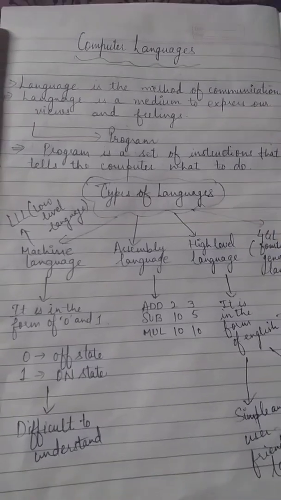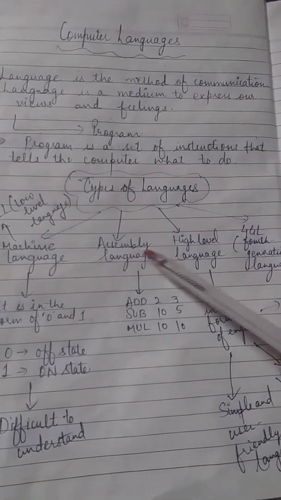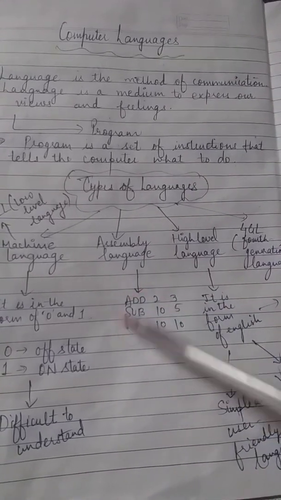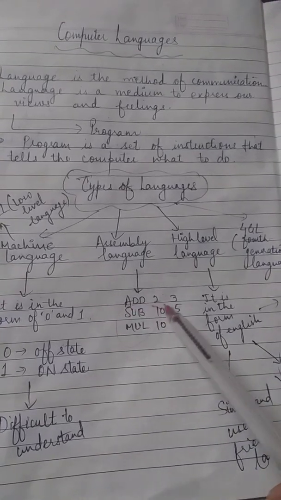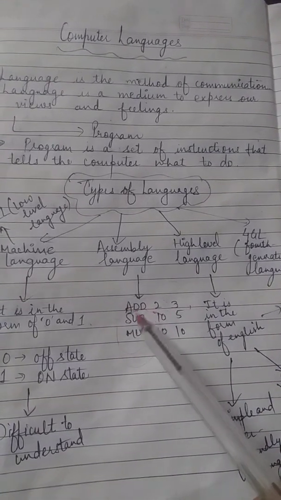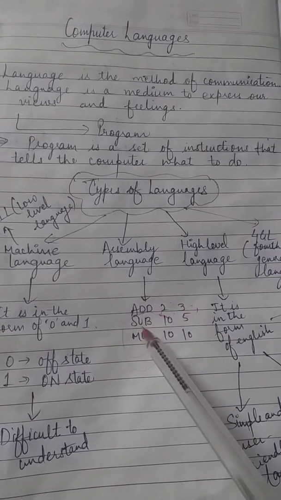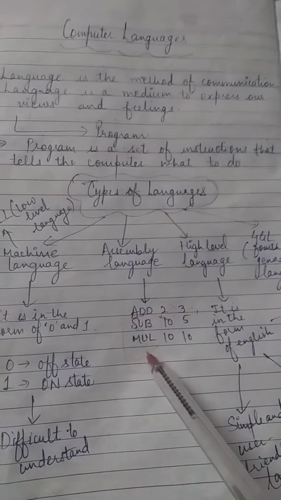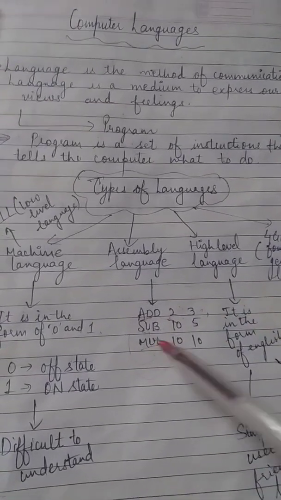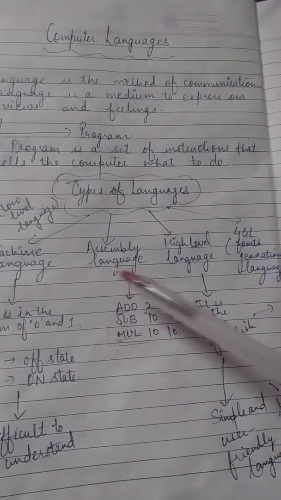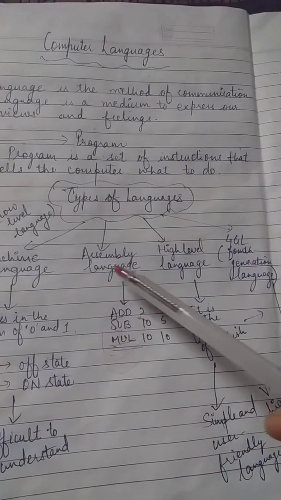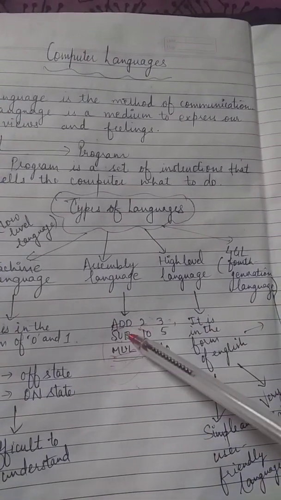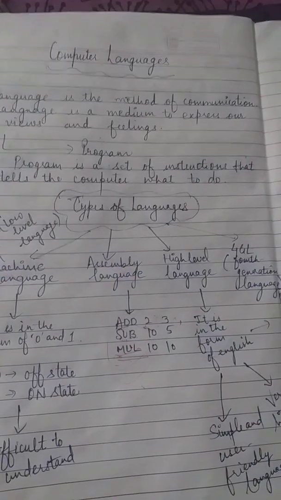The next type is assembly language, as it uses mnemonic codes or symbols. So assembly language is in this form. Like if we want to perform addition of two numbers, then we will write add 2 3, and if we want to subtract two numbers, then we will write sub. Here sub stands for subtract, and next if we want to perform other calculations, then we will write accordingly. So assembly language is also not directly understood by the computer. So there is need of an assembler that translates this assembly level language into the machine level language.